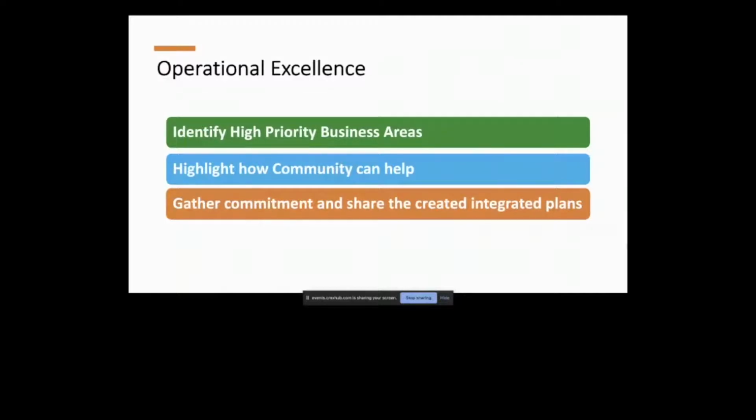And the last piece, which I think is very important, is gather commitment, whether it's setting OKRs, setting KPIs, whatever you call them, goals and agreements. Document these and make sure that they're communicated across your organization, not just at the C-level or the executive level, but all the way down to middle management, and continue measuring these.